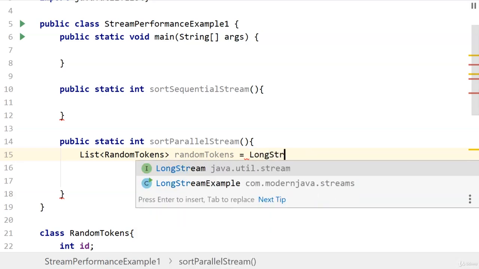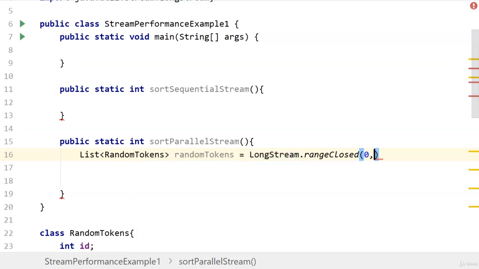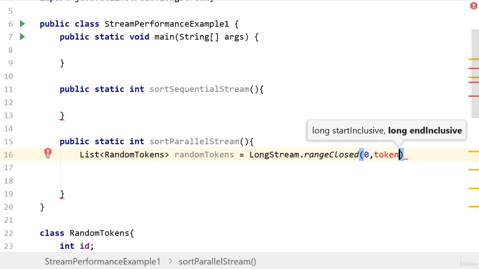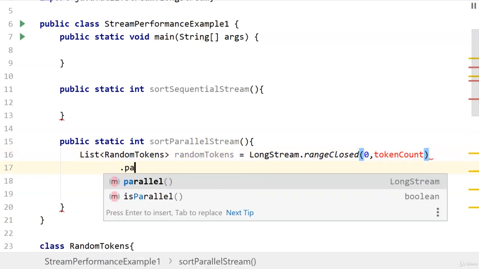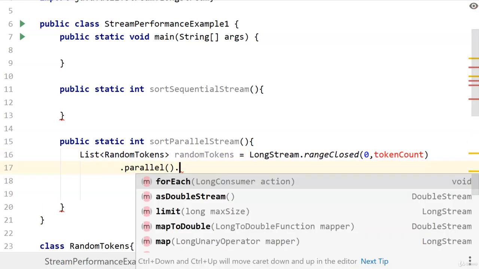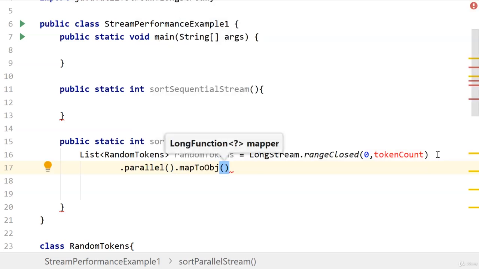LongStream.range from 0 to tokenCount. We'll define this variable tokenCount at the class level. Then .parallel().mapToObj. So we are mapping this to object, which is the random token object, i,